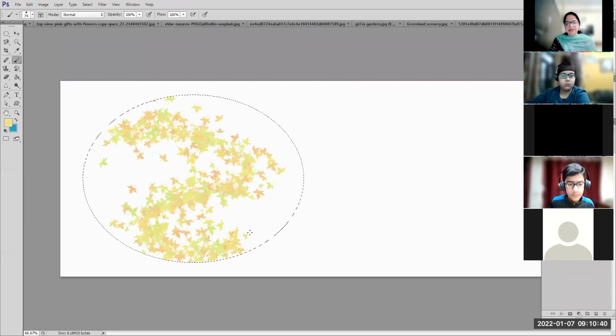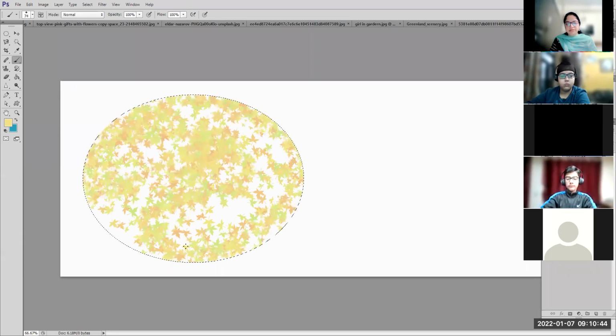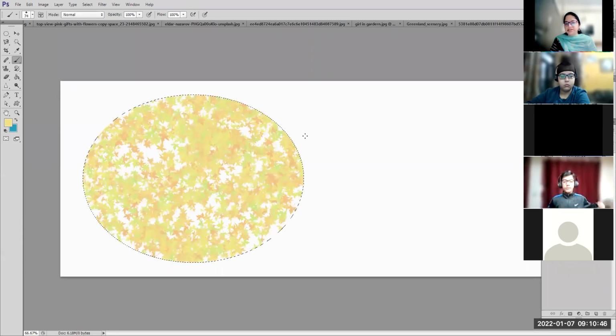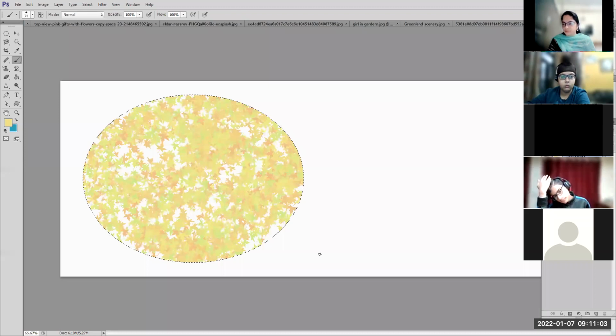My brush pattern is already selected. If I move my mouse pointer, it is going to fill only inside this area. Got it? Select that area and you can fill that area with any type of brush texture, any type of pencil tool, brush tool, texture tool, gradient tool, fill color tool. You can fill that area within the selection. Yes.